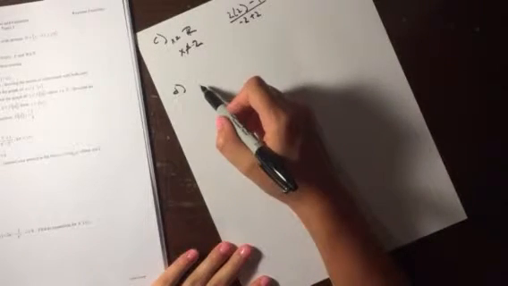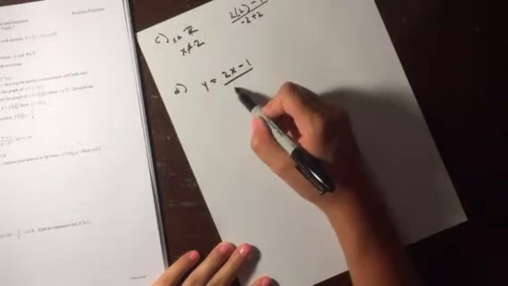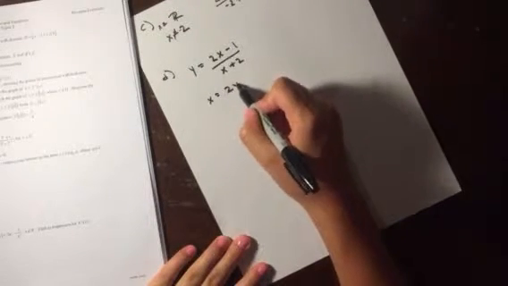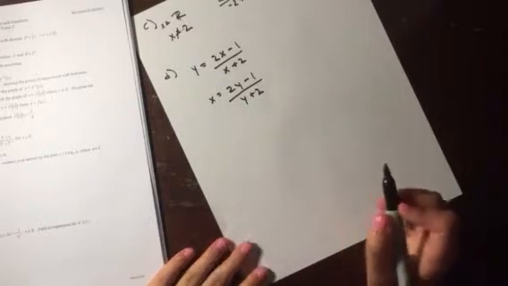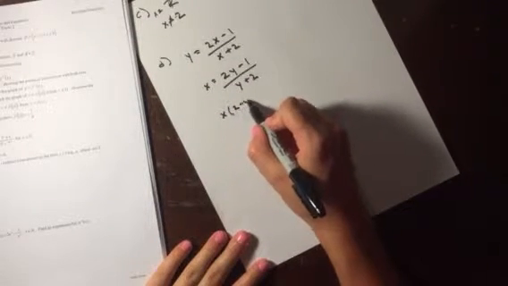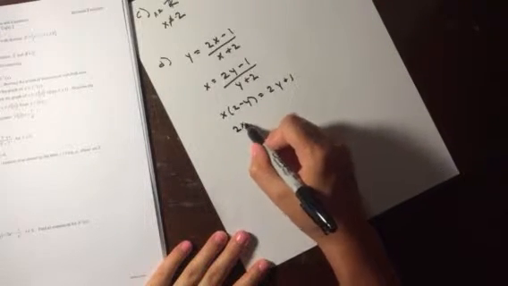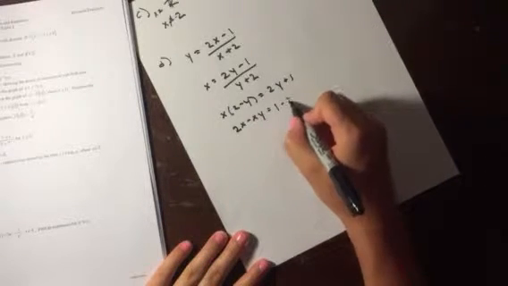And moving on to part D, it says determine an expression for the inverse of x. So there you just switch out x and y. So the inverse would look like x equals 2y minus 1 over y plus 2. And then you just go to simplify to get y equals, so x times y plus 2 equals 2y minus 1, 2x minus xy equals 1 minus 2x,